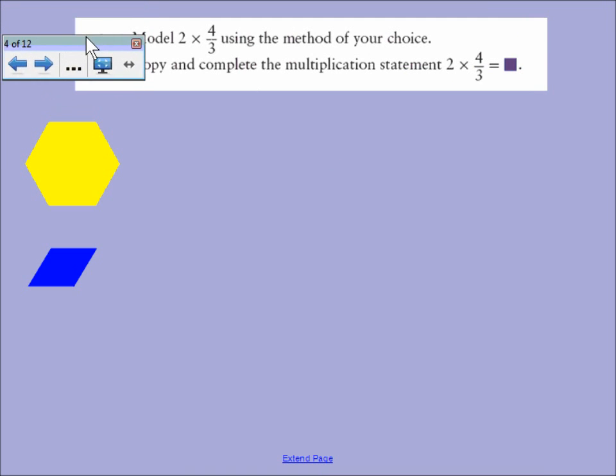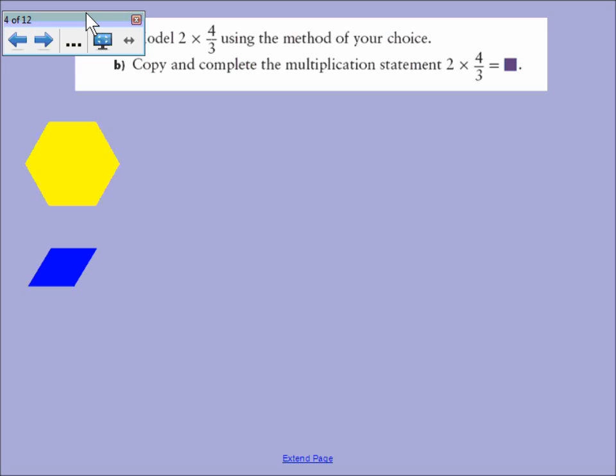So we need to model 2 times 4/3 using the method of your choice. We can use squares, or we can use the hexagons. I'm going to use the hexagons because it's here. We've got one hexagon there plus 1/3 right there. So we're going to use a second hexagon down here. When we add these two up, we get